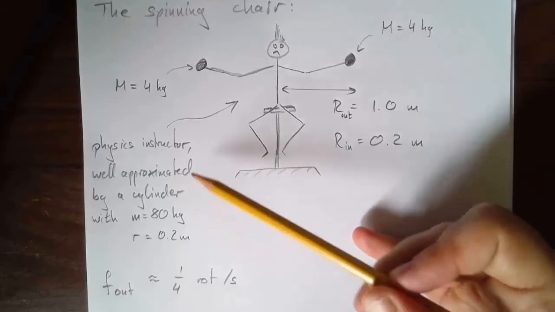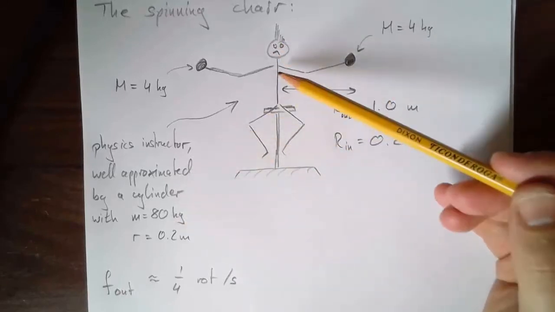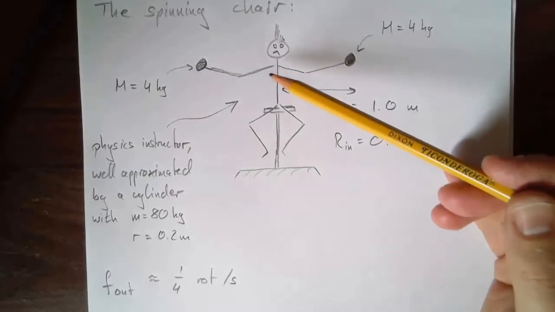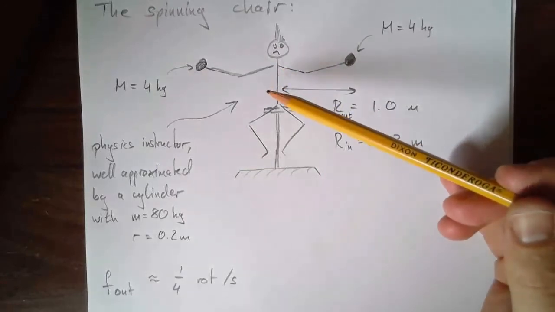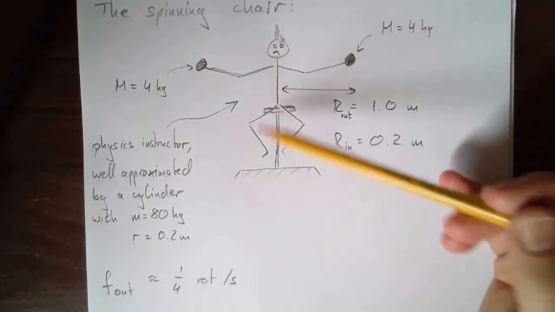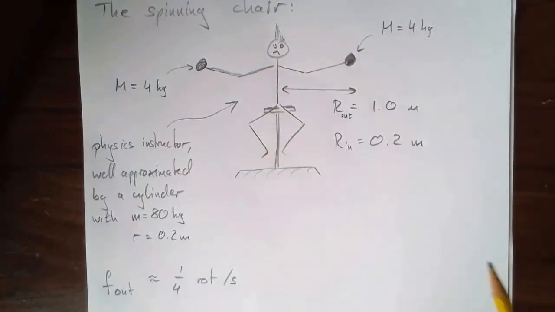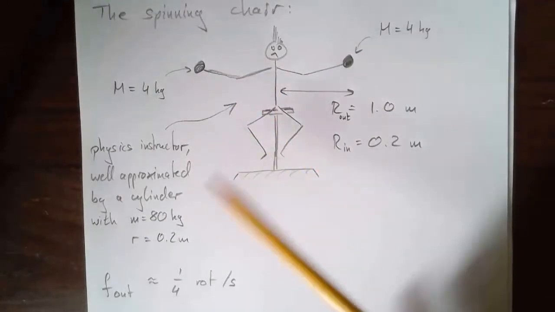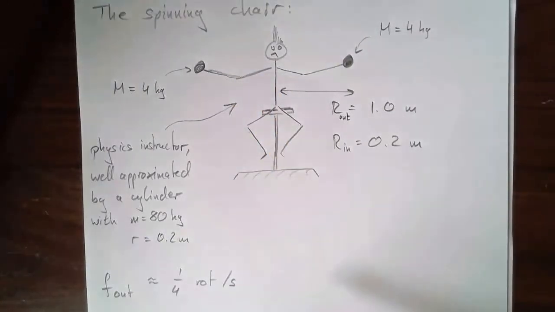Actually, approximating a person as a cylinder for the purpose of a moment of inertia calculation isn't actually terrible. If you look up and down yourself, that is the rough shape that humans have if you had to approximate them by a simple geometric shape. If you're a complicated geometric shape, well, then the moment of inertia calculation would accordingly be a lot more complicated, and we don't want to deal with that right now.